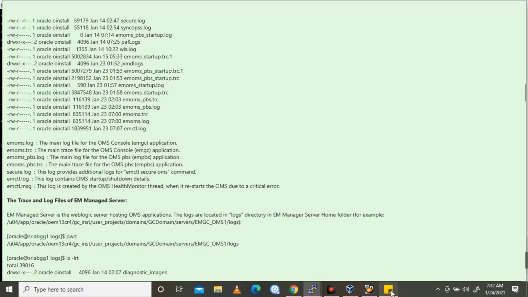Next one, emctl message. This log is created by the OMS health monitor thread when it restarts the OMS due to a critical error.